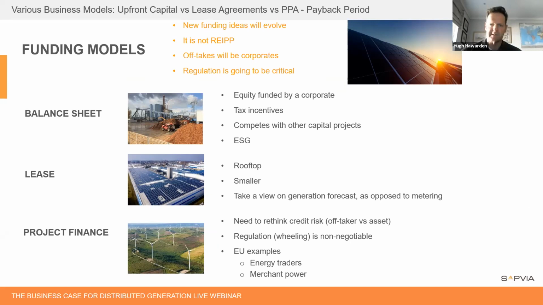And if you've got a stranded asset, which has traditionally been the greatest fear of project finance senior debt lenders, then you're getting 7-year debt for a structure like this with a corporate offtake. And I think we need to move away from that. If wheeling exists and you're selling a commodity that's well priced and in demand, there will be a market for it. And the asset itself has a 20 to 25-year life, if it's a PV plant. And in that case, the debt should be longer. So I think that is where credit risk is going to head